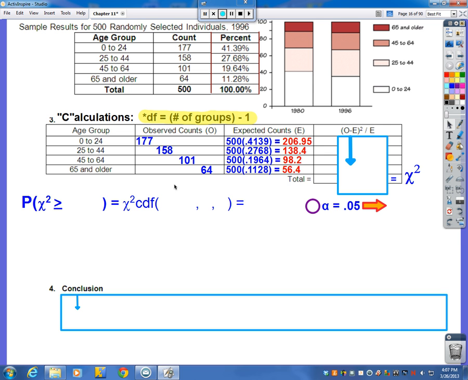So now let's jump into the calculation part. Again, here are our observed counts. This is actually what we saw out of 500 people. For our expected counts, all we're going to do is take our 500 people, remember all of this added up to be our 500 people, and use the percentages back from